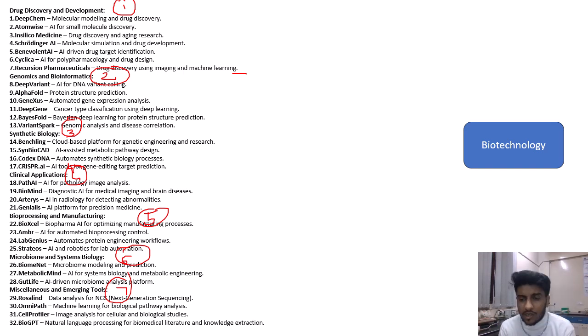DeepChem is useful for molecular modeling. There are so many different tools for protein modeling, pharmacophore modeling, molecular modeling, and in silico tools for drug discovery and aging research. Then you have Schrodinger and MOE for molecular docking and all. Then from a genomics point of view, you have AlphaFold for protein structure prediction, GeneAxis for gene expression analysis, because